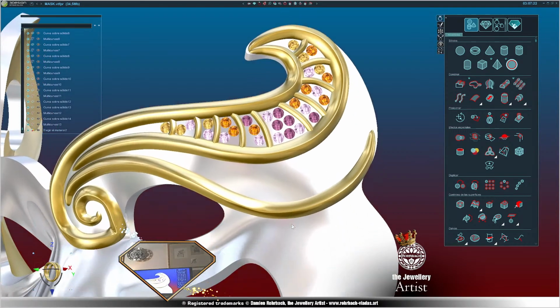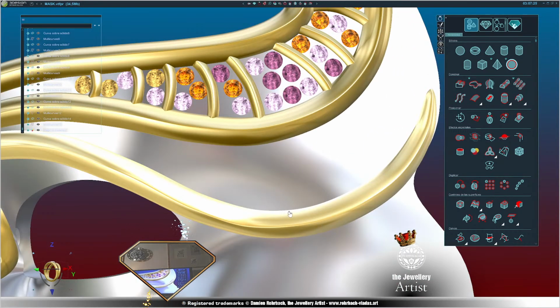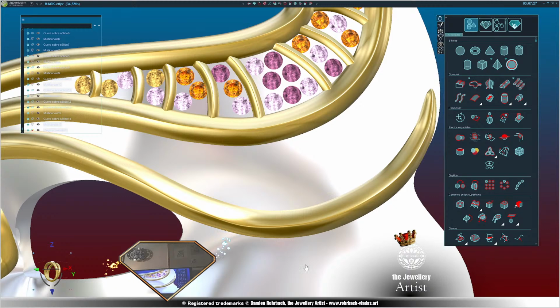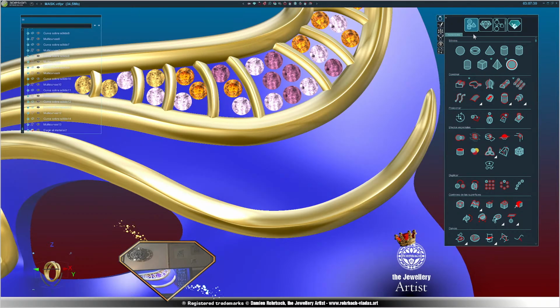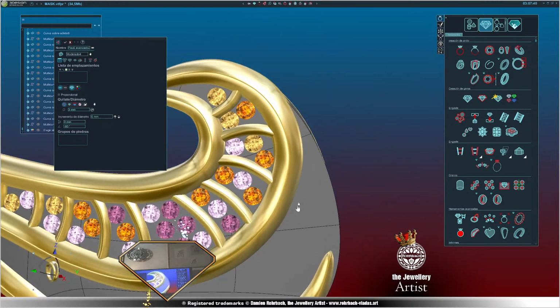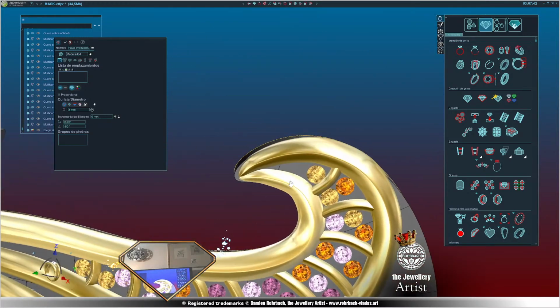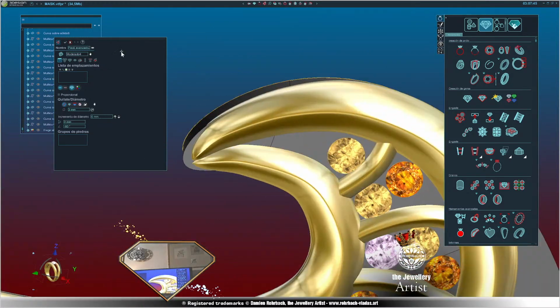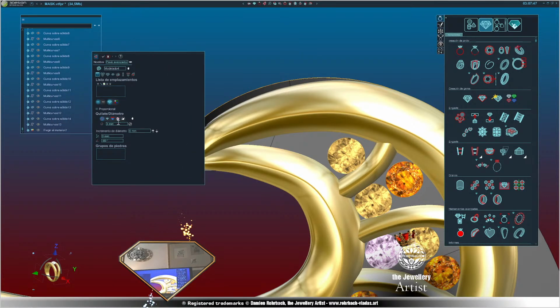Now I'm going to create the prongs. I need to create the prongs because this is a pavé setting in that zone there. I'm going to do that right now. So I'm going to create pavé, and I'm going to distribute the prongs because we also have decorative prongs. So let's have a look at 1 millimeter. We should be pretty good at 1. Yeah, this is great. I'm going to start at 1,